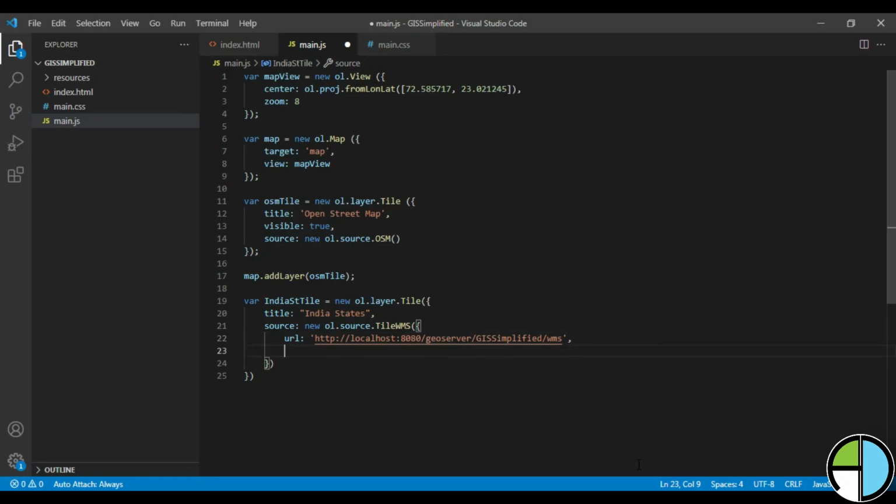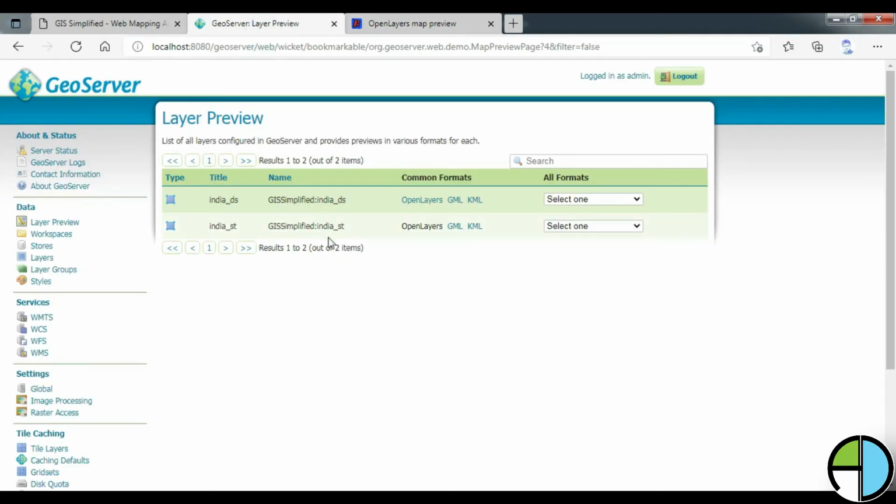Second thing I have to provide apart from URL is certain parameters, like which are the layer, because we have consumed WMS service, but then which layer we want to display. So again we will head over to our GeoServer application, and from there we will copy this name. So this is the layer which we want to consume.